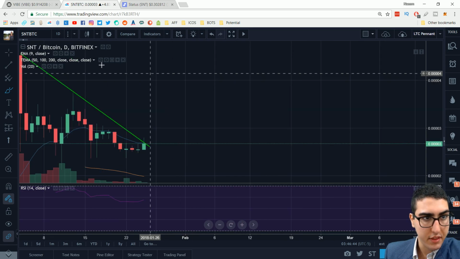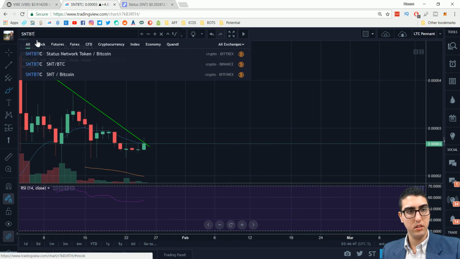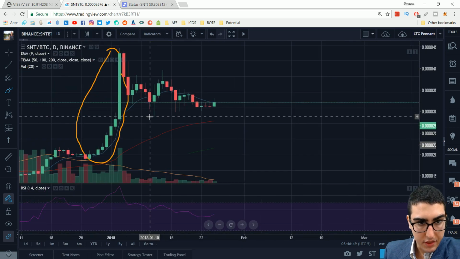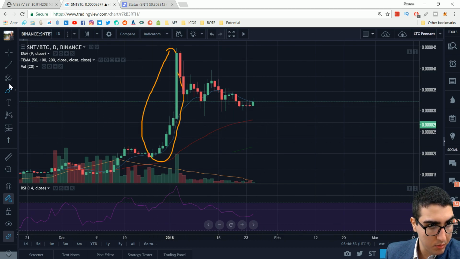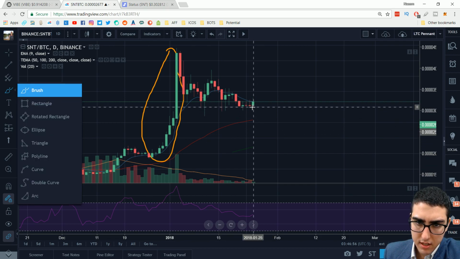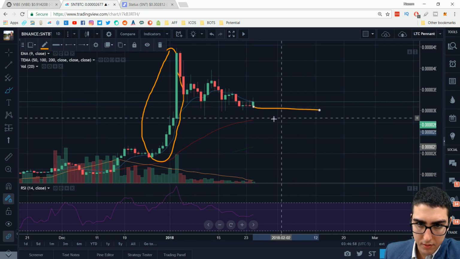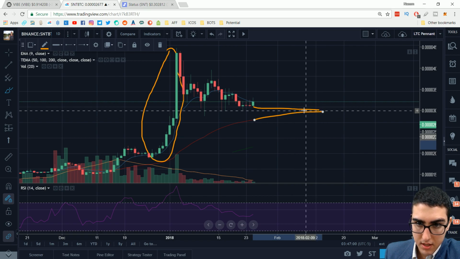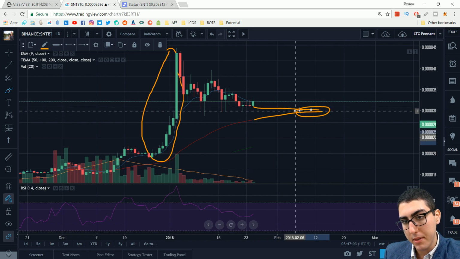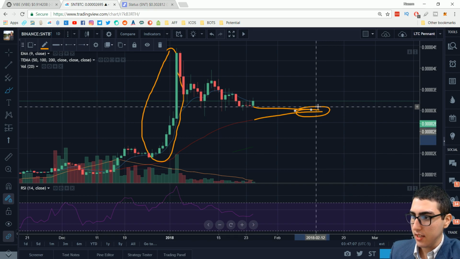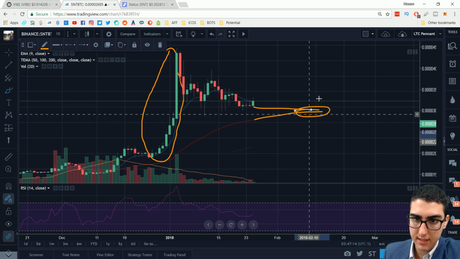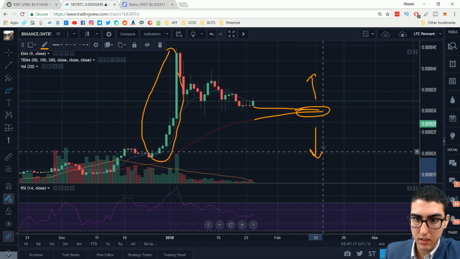Because guess what? This price level will tend to come back to these moving averages. And that's why you see this drop down and bounce on top of that 50-day. That's exactly what's going to happen to SNT, in my opinion. I think based on this chart, looking at where that 50-day is, I think we're going to start to see this either collide and converge with that 50-day, or it will come down to it. But it most likely will kind of go like that while this goes like that. And then this would be the point of buy, in my opinion, because at that point, this 50-day almost acts